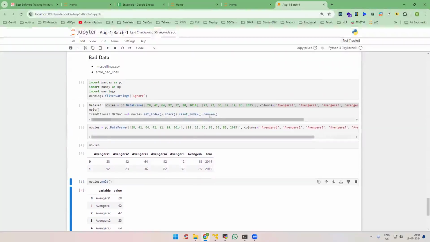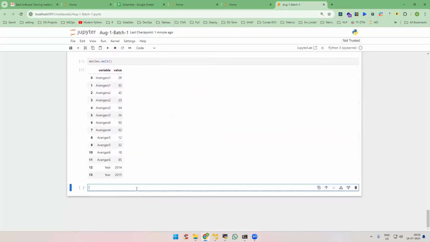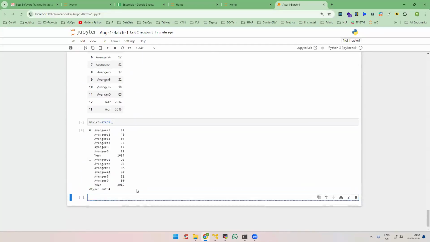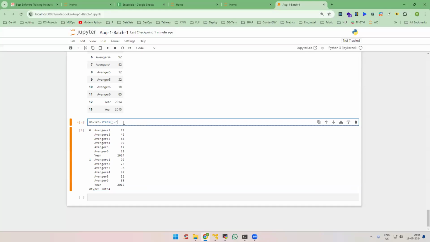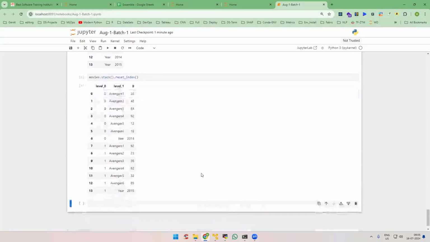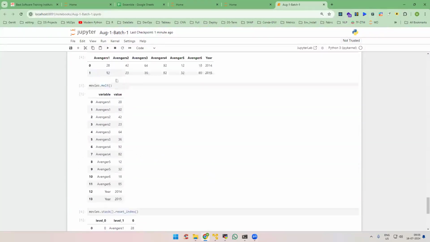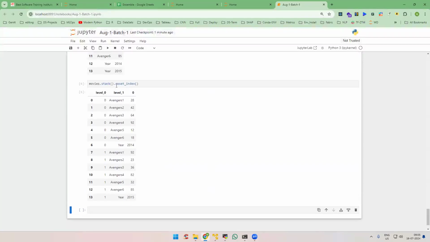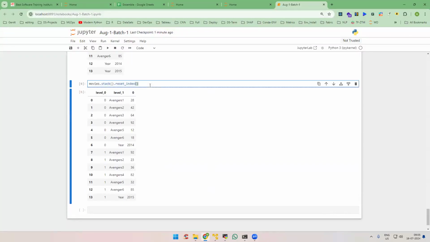We can even do the same thing using stack. Let me apply stack. After applying stack, this is what we got. Let me reset the index. This is what we got, right? We got almost the same kind of thing, but the only thing is we need to reset the index after applying stack. And apart from it, we require only the first two columns. We don't require this column, so we can drop that column,